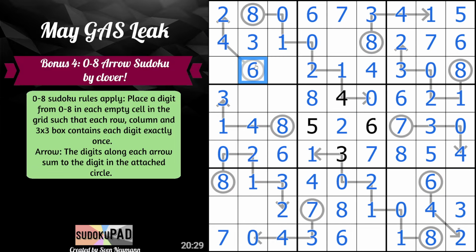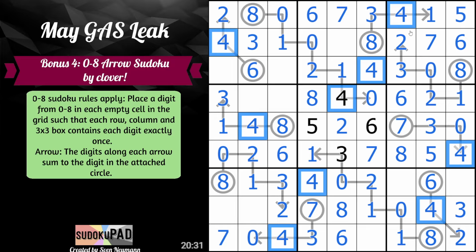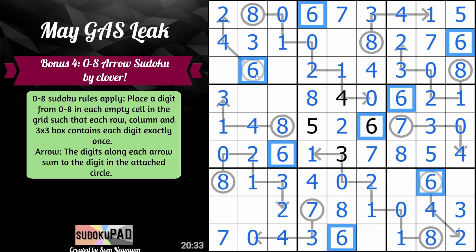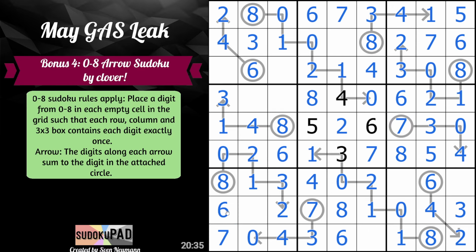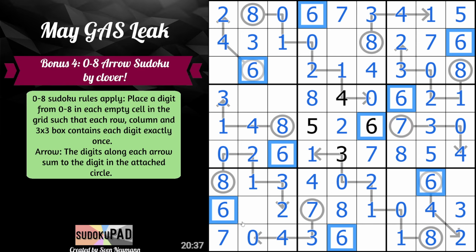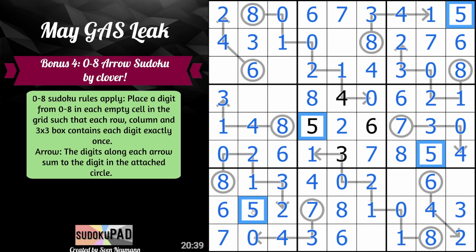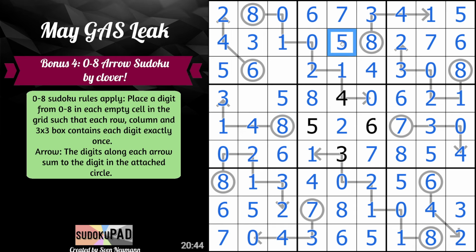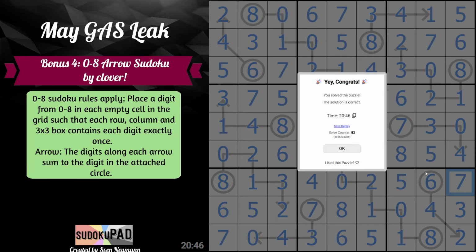There we go. 6. I was like, how do we not have 4's resolved yet? We do. Now 6 is resolved. Let's check our 5's because there seems to be a lot of gaps in our knowledge there. And this will be 7, 7, and 7, and we are done in 20 minutes and 46 seconds with 0